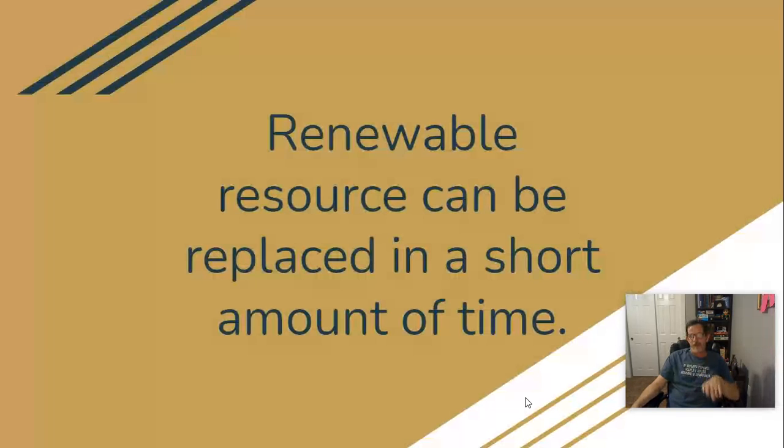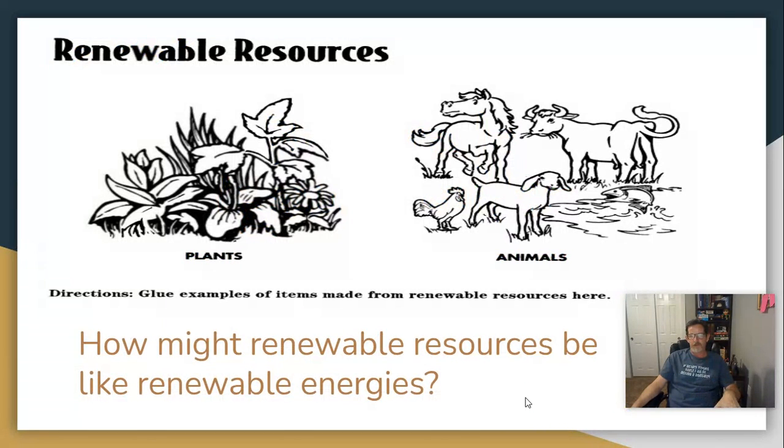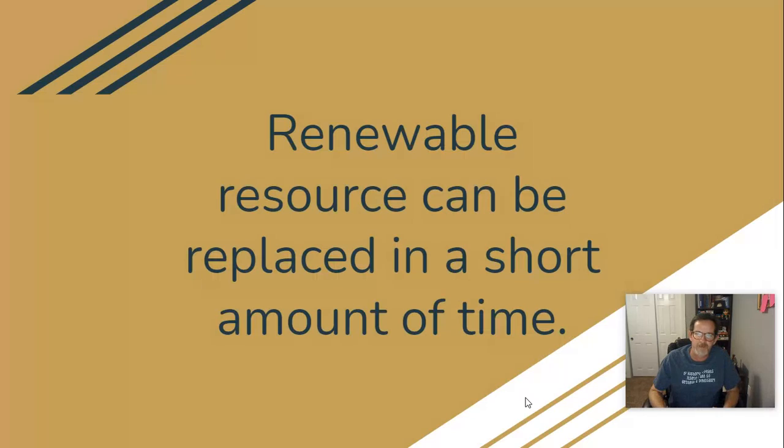And so when we think about resources and go back to our picture, when I think about plants, if I cut a plant down, it can grow back in a relatively short amount of time. Therefore, it's a renewable resource. Same thing with animals. I can raise a whole lot of animals over time to feed livestock and such. So we're just thinking about how long it takes to replace